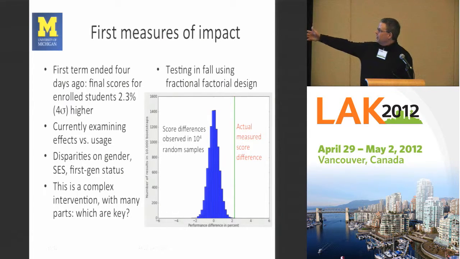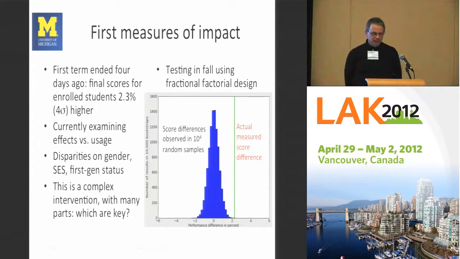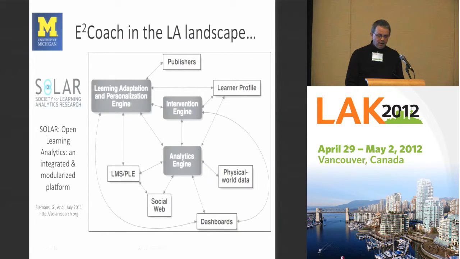What I'm showing here is a bootstrap resampling of all the students who are in the class. How likely is it that you would get this result at random compared to what's actually there? All right, so we'll be looking at these effects versus usage. We'll be looking at the disparities that we've seen before, and then trying to understand what to do with this complex intervention. Let me finish up by just telling you about where I think this lives in the learning analytics